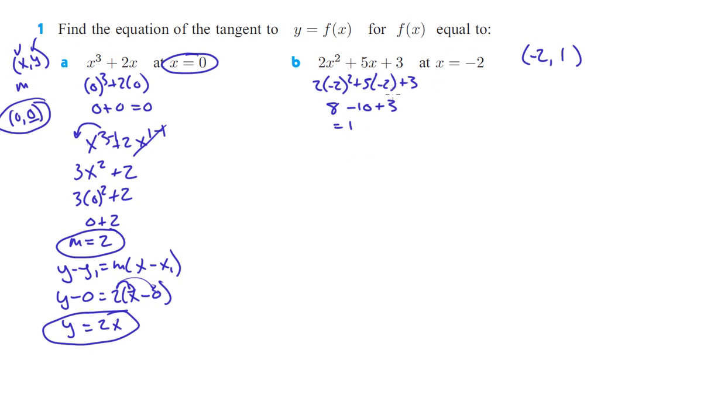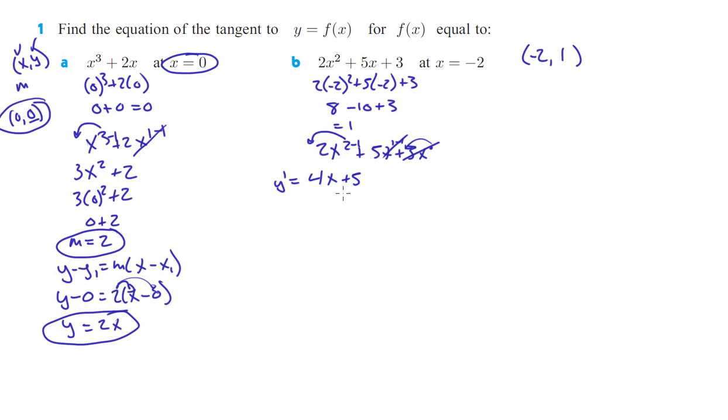Okay, so we have our x, we have our y, we just need to figure out our slope. So to figure out the slope, that's the derivative. 2x squared plus 5x plus 3, and take the derivative of this. 2 times 2 is 4. Subtract 1, and that's x to the first. It's 5x to the first. 1 times 5 is 5. Subtract 1 from that, and the x's are gone. And remember, that's x to the 0. 0 times anything is going to give us 0, so the derivative of a constant is always 0. Okay, so this is